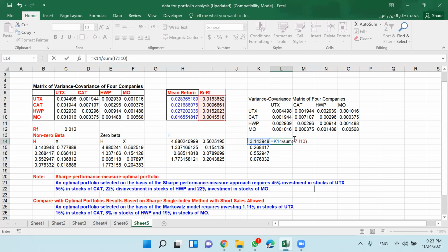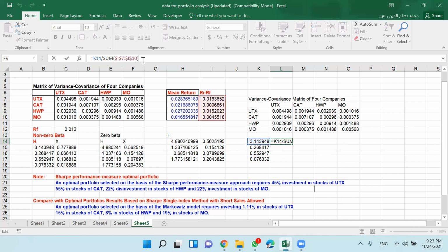So use the dollar sign around your cell, and then just enter, you have something.